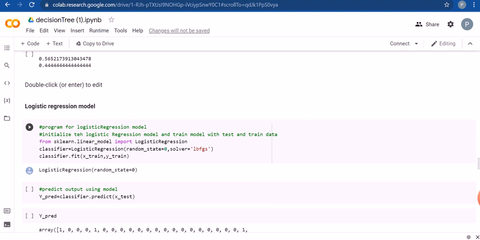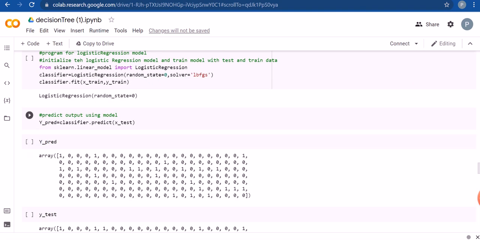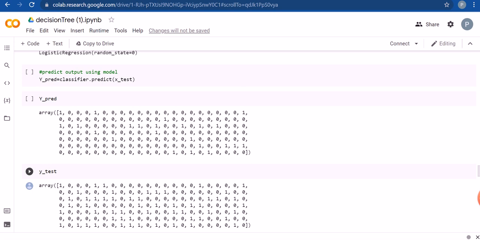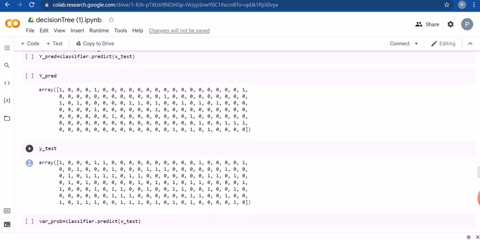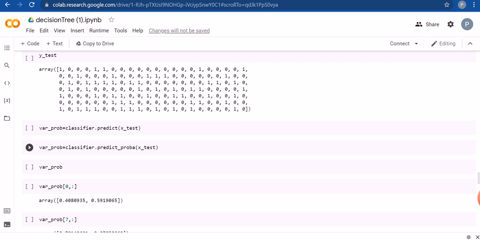Now we fit our training data to this object and train the model, and once that is done we predict the values for the given x_test data, and we can see the predicted output over here and the y_test output over here, that is the 20% output, and the predicted output that is present over here. After that we again use the x_test data to predict the probability, then again we use a predict_proba